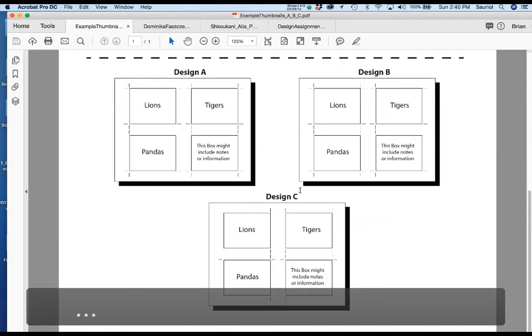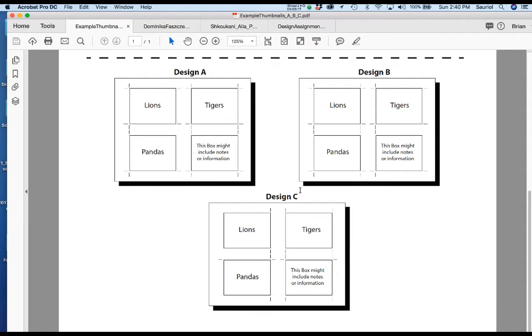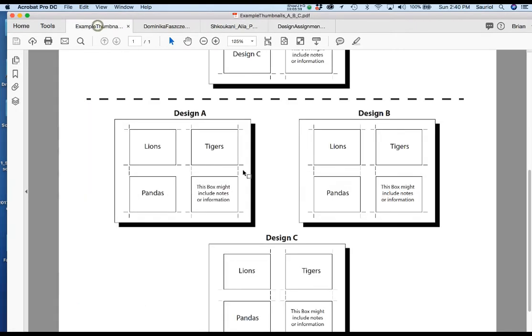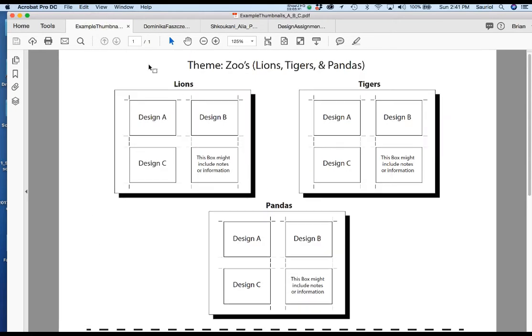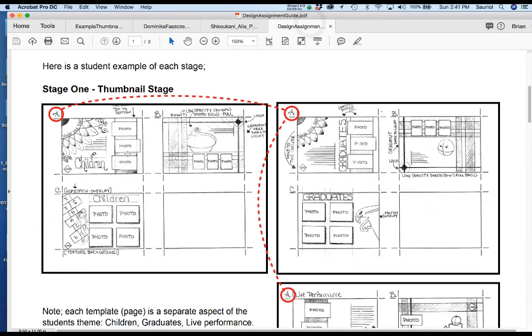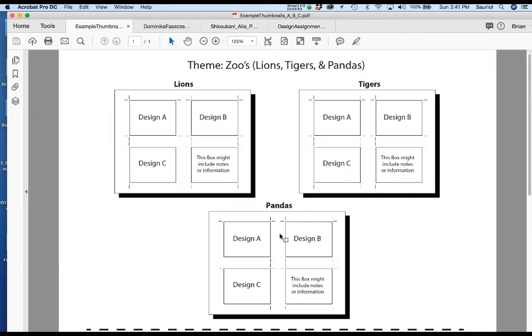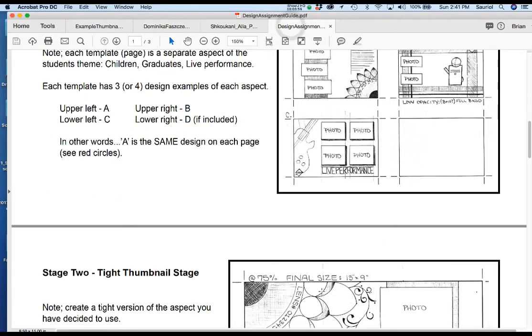I'll be dropping this as example thumbnail A, B, and C into the week 4 design module, so you can see a different version than this in the design assignment, or actually this one in the design assignment, really right here, that goes A, B, and C. That one actually follows the top version. In the design assignment, this whole sheet is children, this whole sheet was graduates, and this whole sheet was live performance. In mine, this whole sheet is lions, this whole sheet is tigers, this whole sheet is pandas. So let's not harp on that, but now let's go to the final,